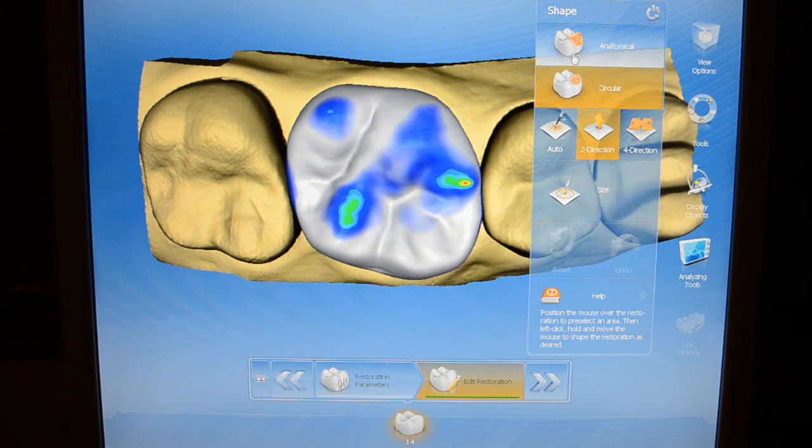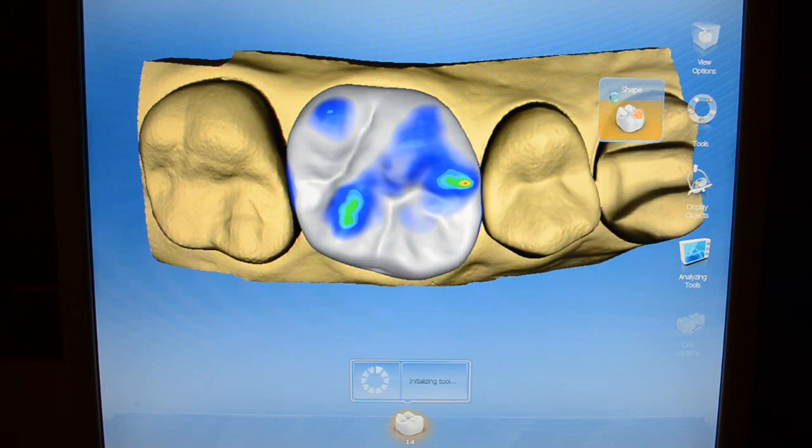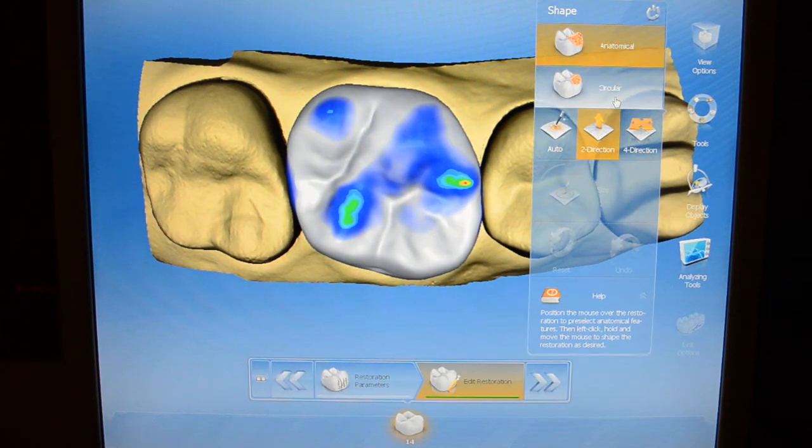So if I want to move the largest pieces of tooth that I would ever want to do with CEREC, I'm going to be on anatomical. Now what I'll tell you is, within each of these you can choose automatic, which means you're going to start moving lots of things quickly. You can move two directionally or you can move four directionally. I would strongly recommend, at least in the beginning, you keep things on two direction. It's easy to get lost when you're trying to move pieces of tooth in too many dimensions at one time,